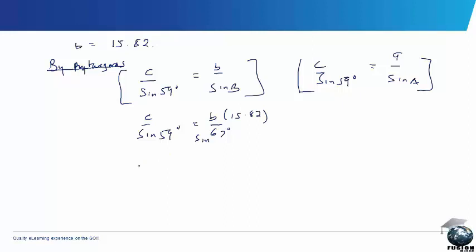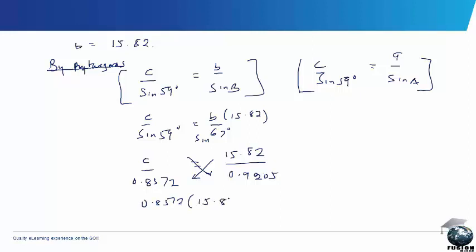On the next line we have C over sine 59, which is 0.8572, is equal to 15.82 divided by sine 67, which is 0.9205. Alright, so you can cross multiply, so that you have 0.8572 times 15.82 to be equal